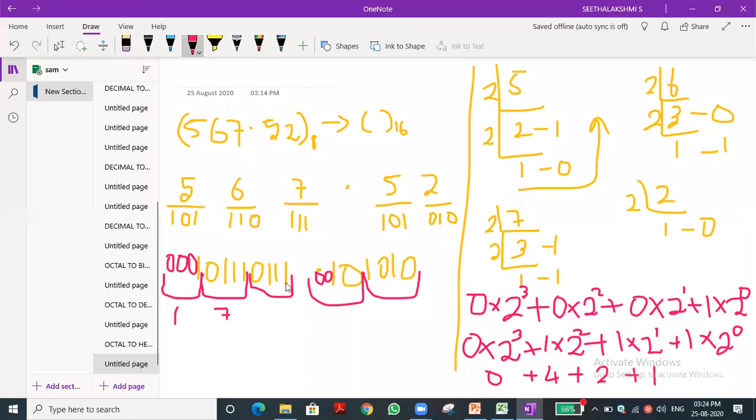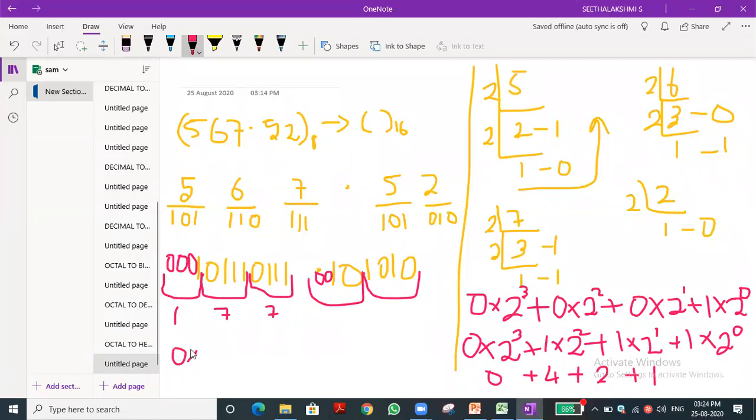Then what is the next value? 0111. Same thing. What will be the value? 7. Isn't it? Same 7. Yeah, correct. Okay. Let you do the next one. I'm finding the space. 1 minute. Okay, I will write here. You can just note, and while you are taking the note, I will segregate it.